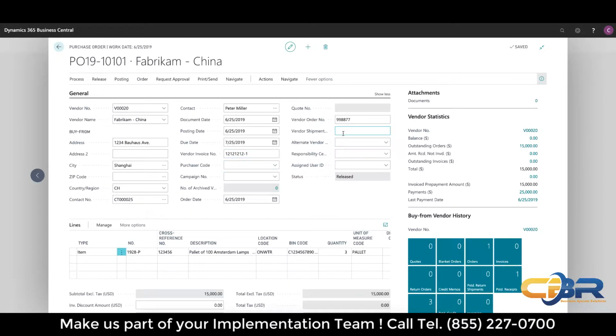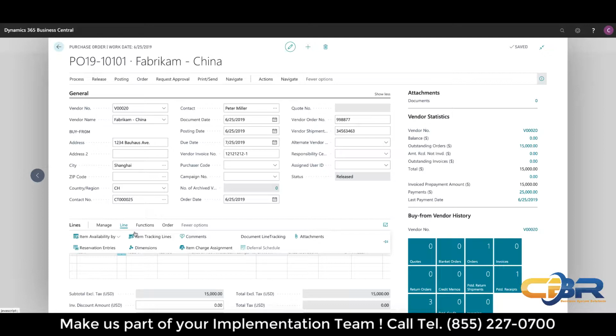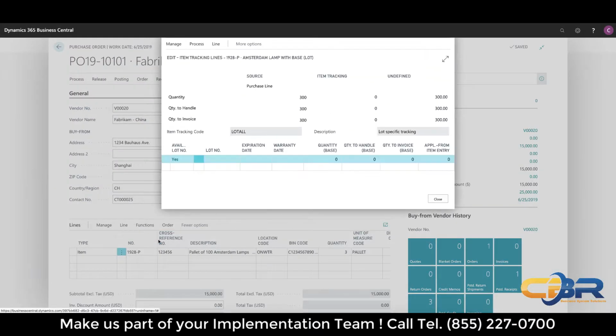I'm going to put in a shipment number that I put down here, and in order to receive the PO, you also have to indicate line level information. In this case, I have item tracking information on this, which are lot numbers, and I did this intentionally to show you these capabilities. So the lot number is now a lot number I can assign. I'm going to put lot number